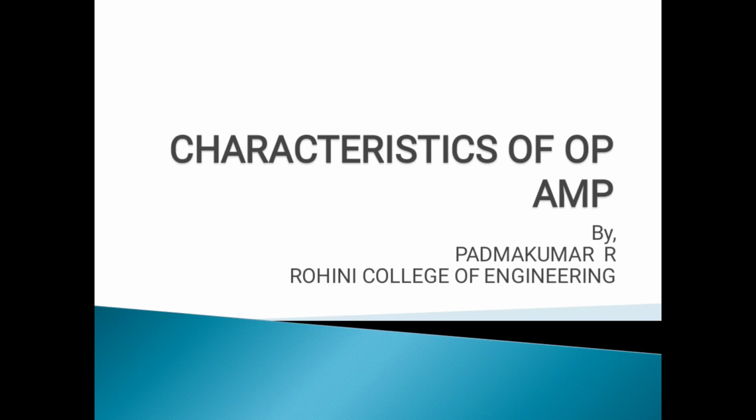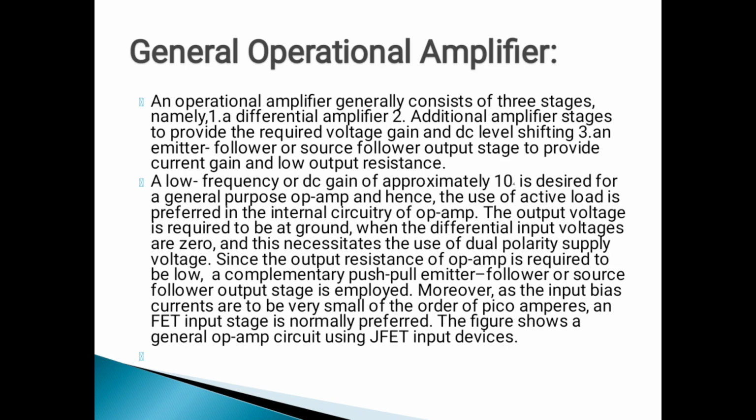Characteristics of op-amp. A general operational amplifier generally consists of three stages, namely a differential amplifier, additional amplifier stages to provide voltage gain and DC level shifting, and an emitter follower or source follower output stage to provide current gain and low